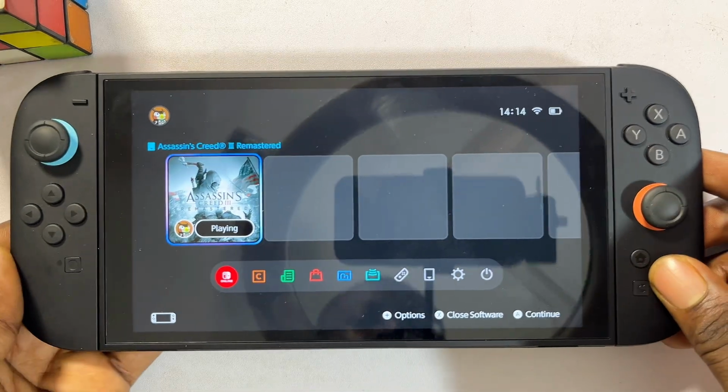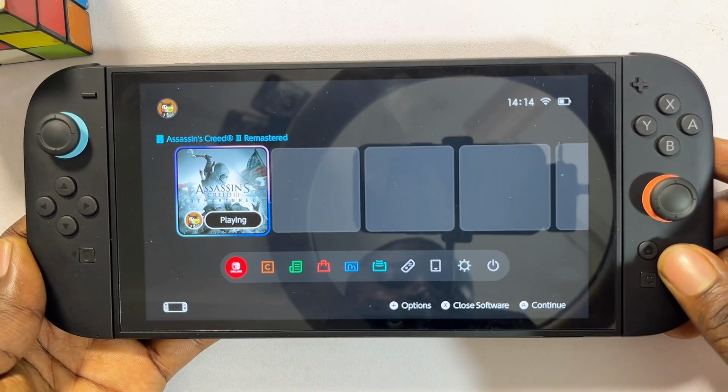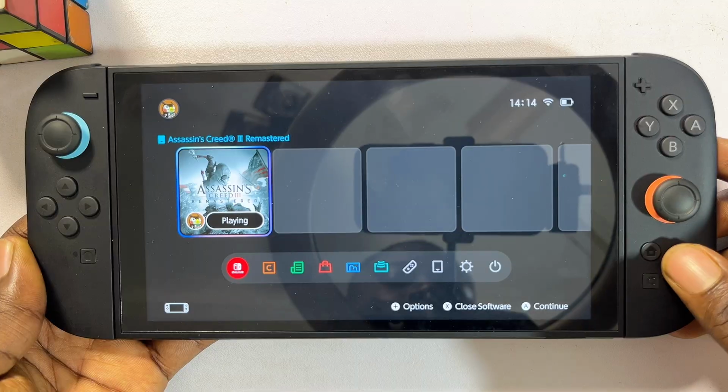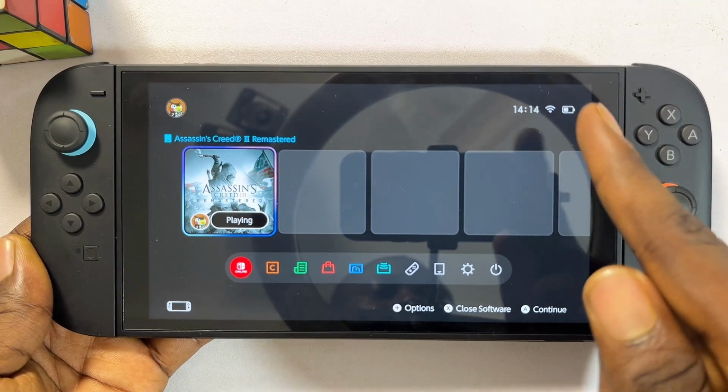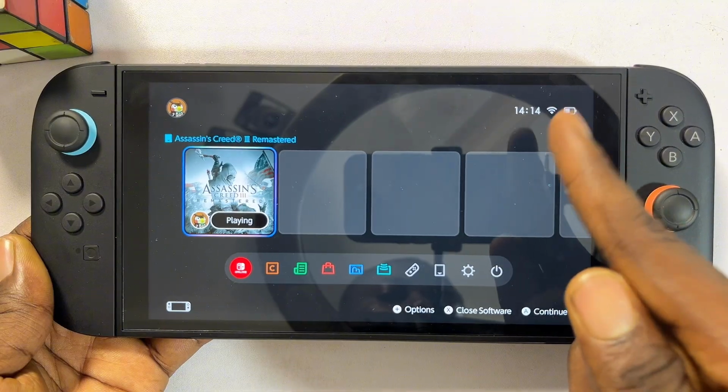What's up guys, so over here I have my Nintendo Switch 2 and in this video I'm going to show you how to download and install Fortnite on your Nintendo Switch 2. First things first, you have to make sure that your Nintendo Switch 2 is connected to the internet, and then